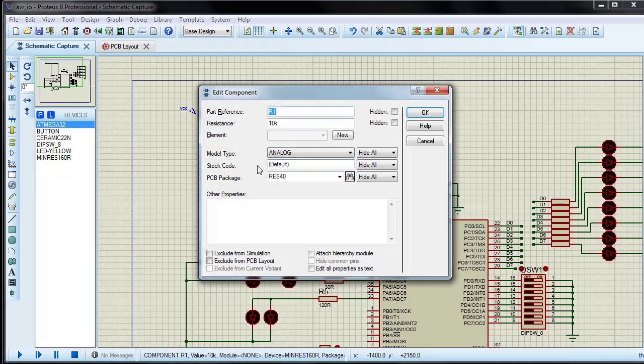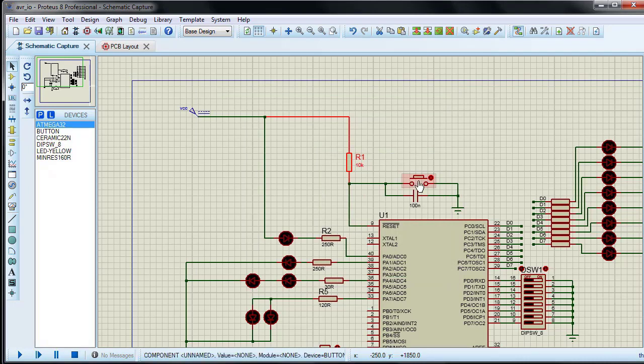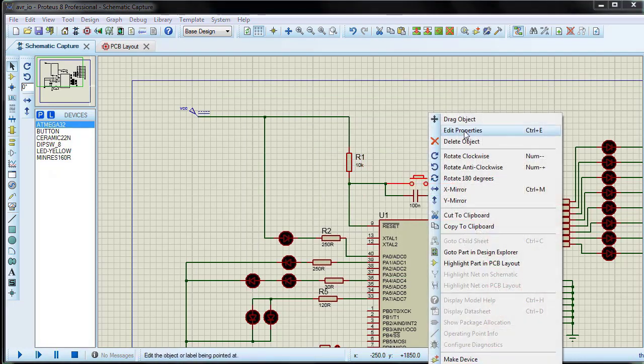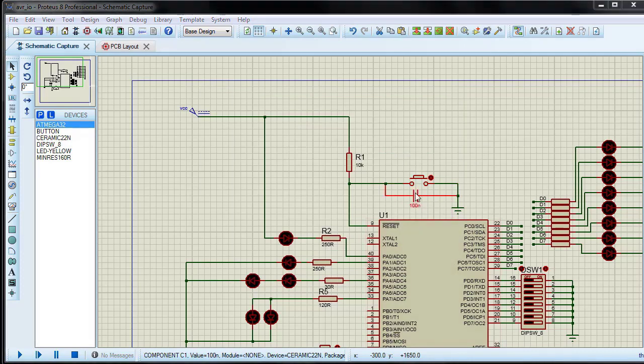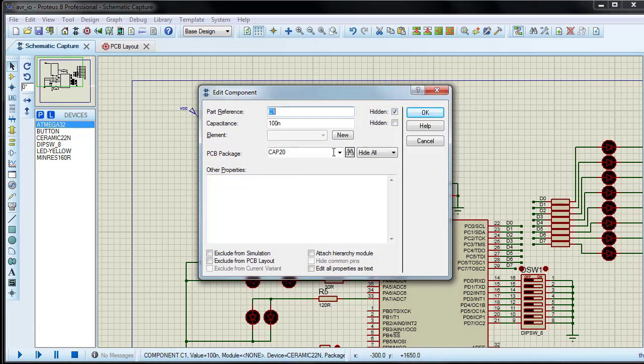First, I review the package of components. The resistance package is suitable. The key has no package at all. Capacitor package is suitable.